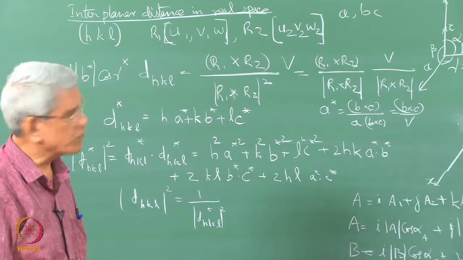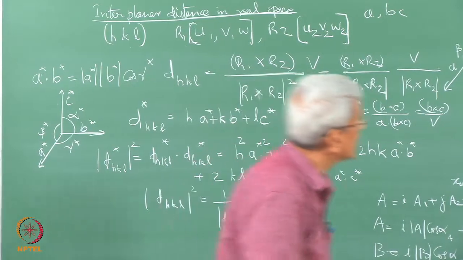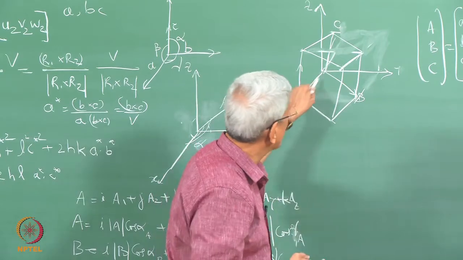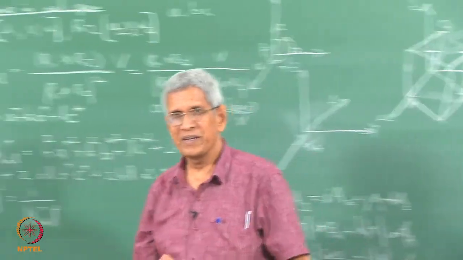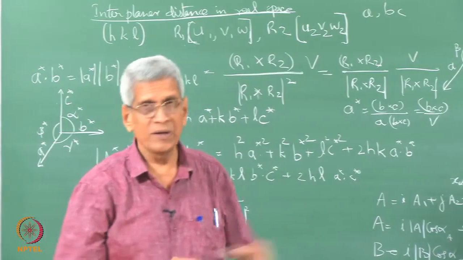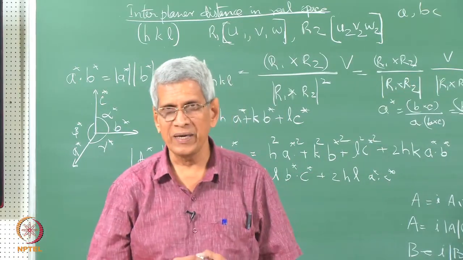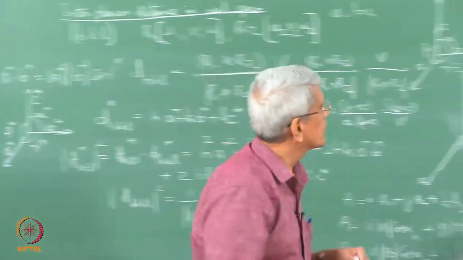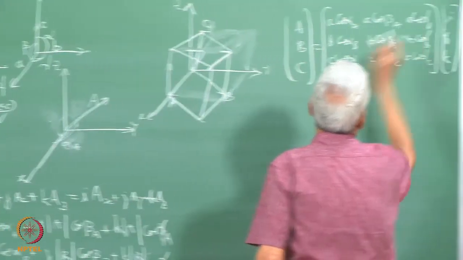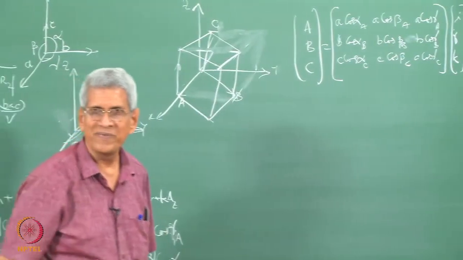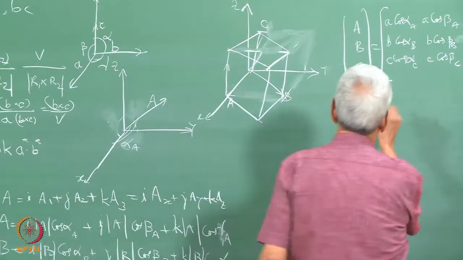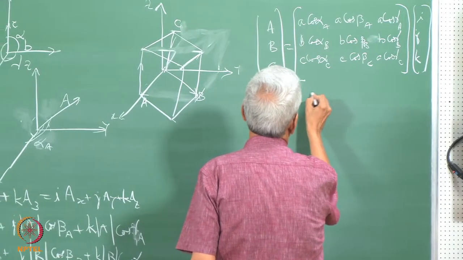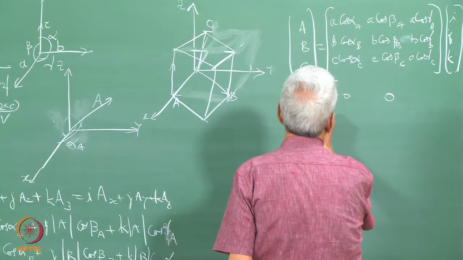In the coordinate system which we have chosen, A is matching with this axis. So, what is the angle which it makes with respect to this one? It is 0. So, cos alpha A will turn out to be 1, correct? Then the other two, cos beta A and cos gamma A, are going to be 0, because they make a 90-degree angle. So, this expression will turn out to be A 0 0.